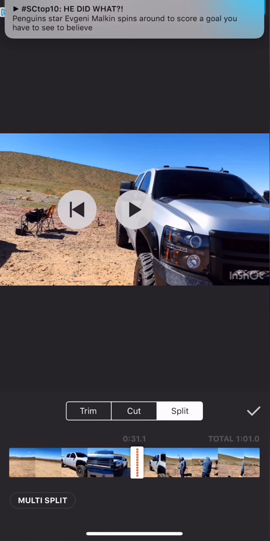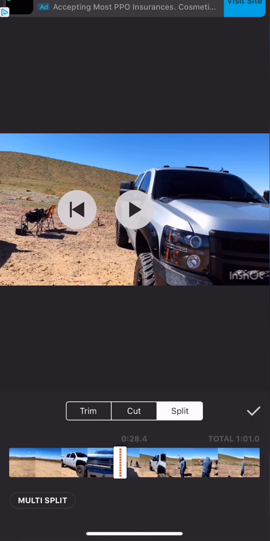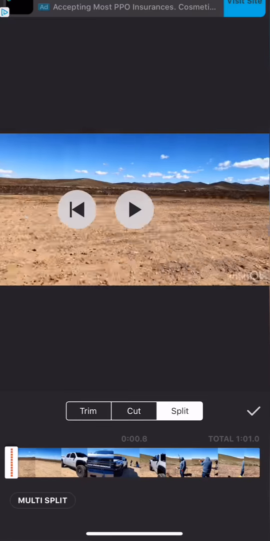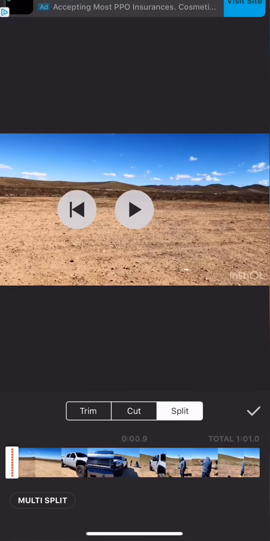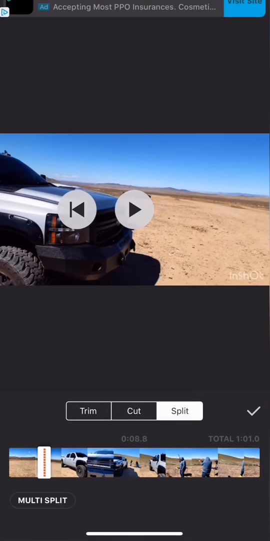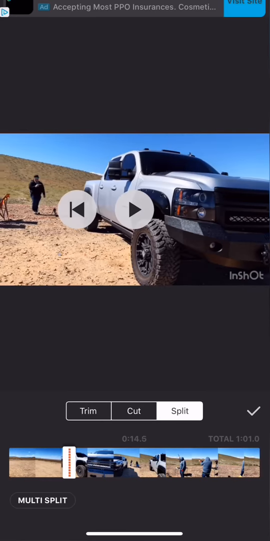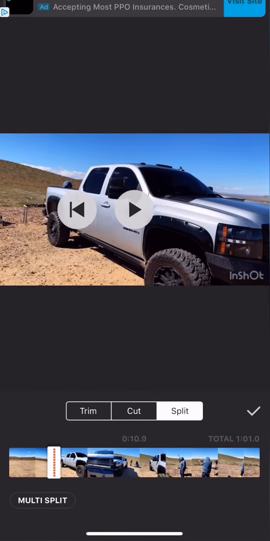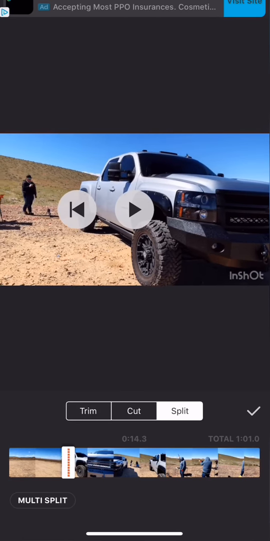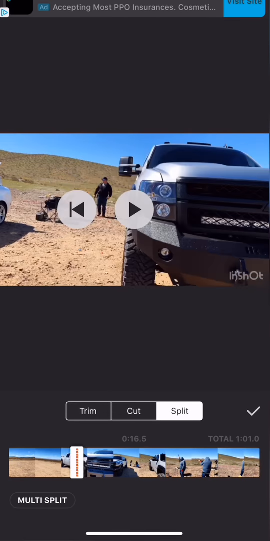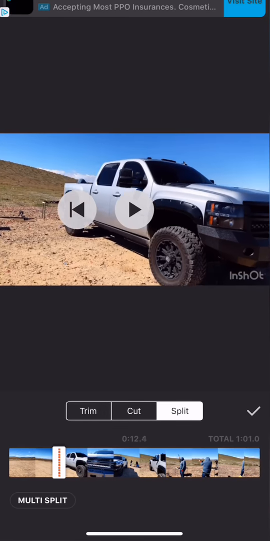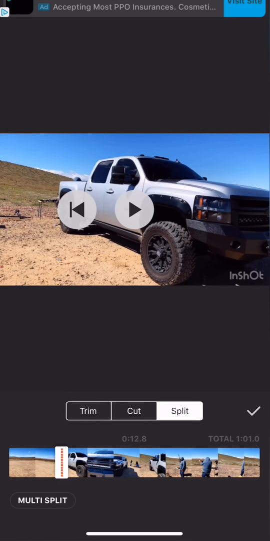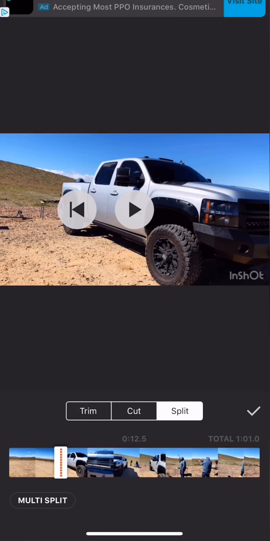But yeah, let's get started. So the first thing that we notice here is we have this nice scenic view, and that's cool, but then we have this crazy pan out to the truck. I don't necessarily like that pan left to the truck, so I probably won't use that. But when it does start to pan around the truck, that's a really cool shot, and so I think I'm going to keep that. So I want to place my first cut there,